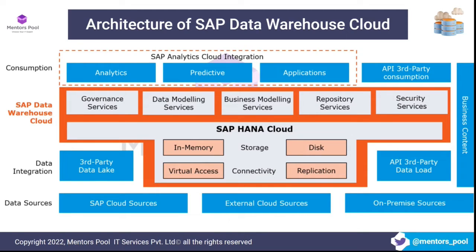So where all these source systems are, external source systems are, right? So there are both cloud-based source systems and on-premise source systems. Again, within cloud and on-premise, there are both SAP source systems, which are products of SAP, like SAP BW, SAP S4HANA, SAP ECC, something like that. And then non-SAP source systems as well. Any database, any file storage, any cloud platform, any data lake, like that, right? And again, it can be on a cloud or it can be on premise also. So that forms the data source layer.